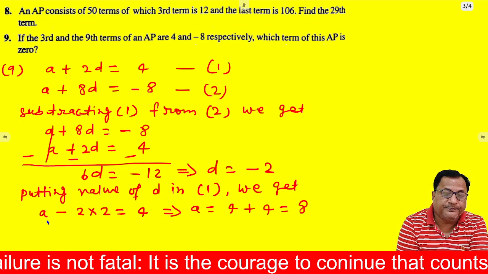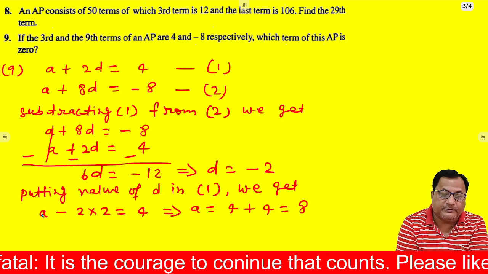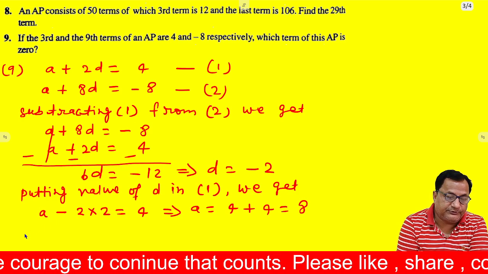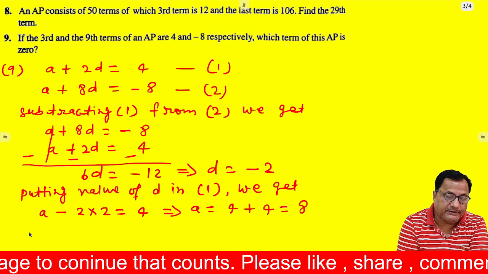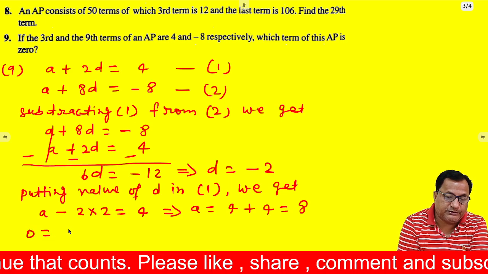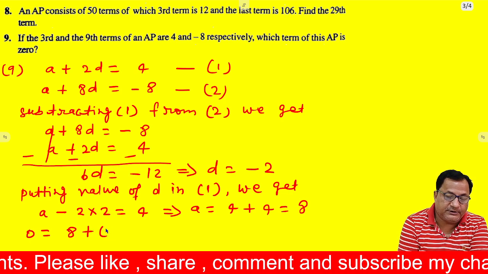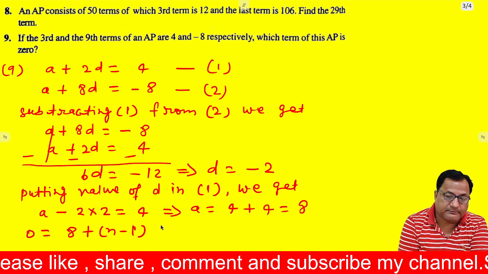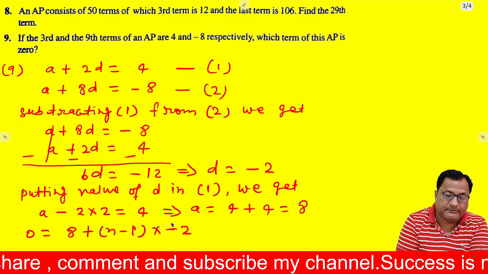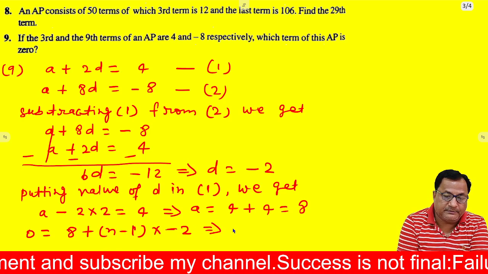So we have got a and d. Now question is which term of this AP is 0? Means 0, suppose this is nth term. So 0 will be a, a is 8, plus n minus 1, d is minus 2. And then minus 8